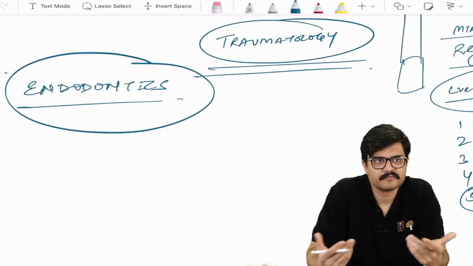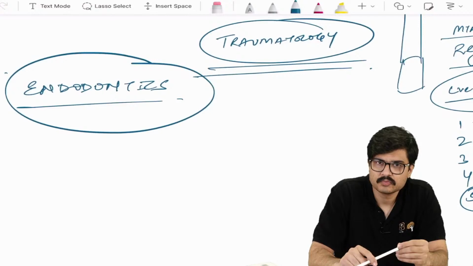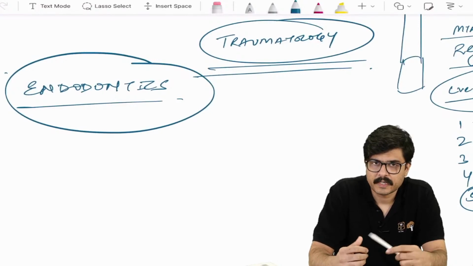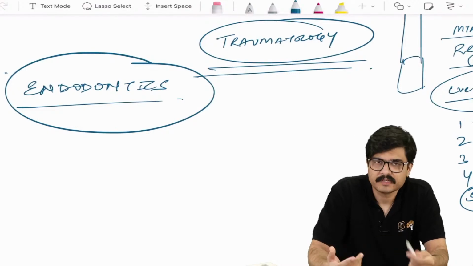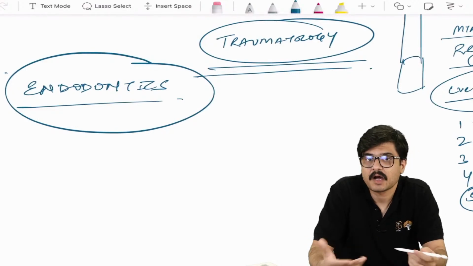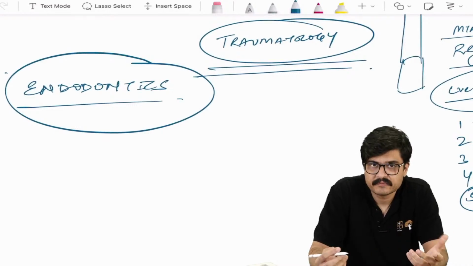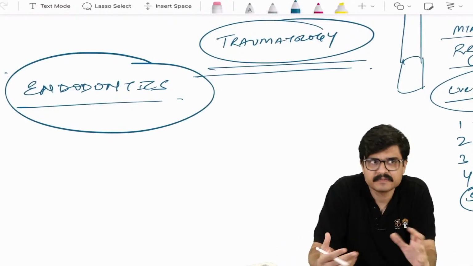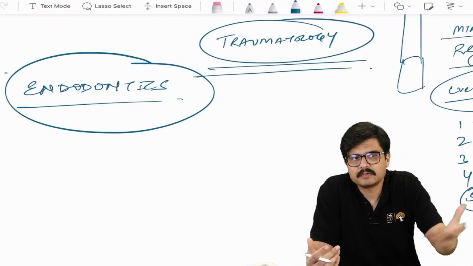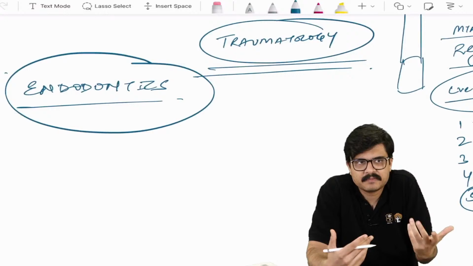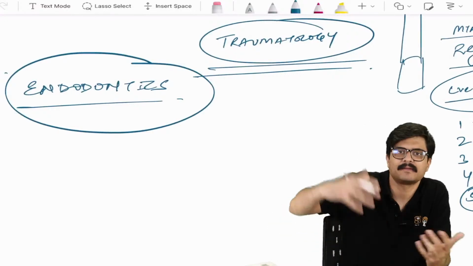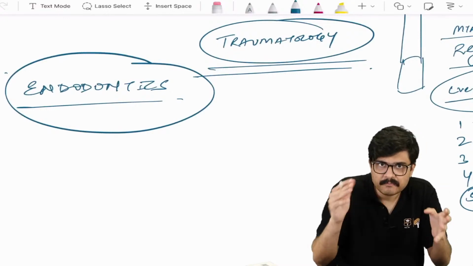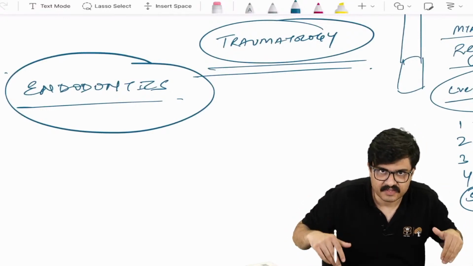Another question: a false negative response to vitality testing or pulpal sensitivity testing following a traumatic dental injury can occur up to how many months? Now, the recent IADT guideline says several months. Why several? Because in one paragraph of Cohen, it's written it might take 9 months. Somewhere it's written it might take 1 year. So that's 12 months. So several months is the best answer as far as the recent IADT guidelines are concerned.